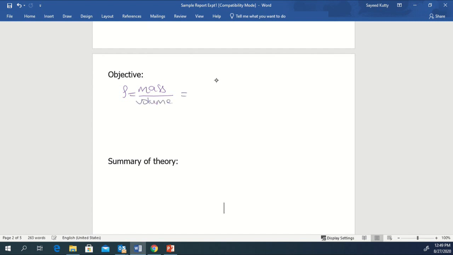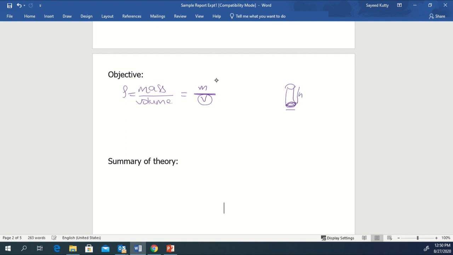Now, you already know how to take the mass of that cylinder. We will be providing a balance. You will just keep the cylinder on top of the balance, then you will get its mass, right? Next, we need to get the volume. How can we reach the volume? We know the volume of the cylinder is easy to measure, because we have an instrument to measure its radius and we have an instrument to measure its height.